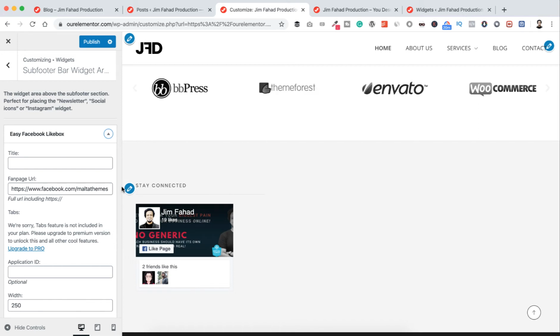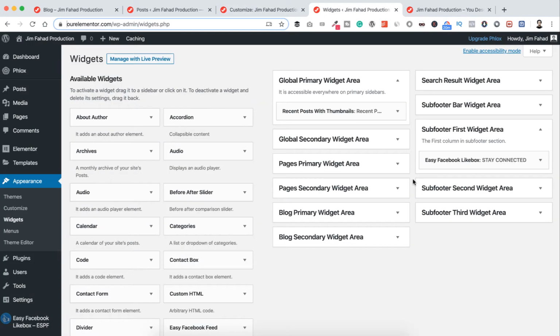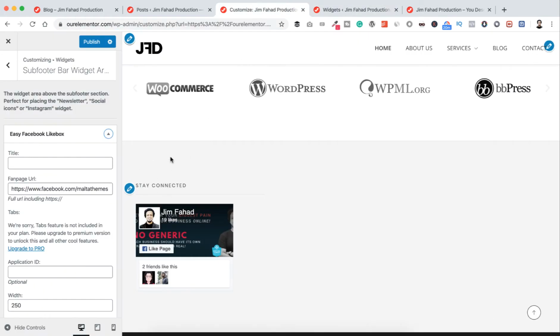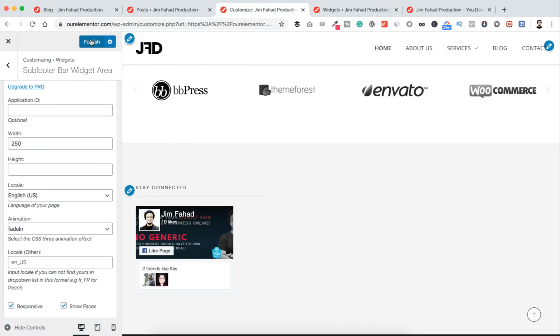So basically you can add this widget from the customizer here, or you can add it from appearance, widgets, and inside the sub footer first widget area you can add it from here or from here. So basically you have two options. So publish it for now. Go back,